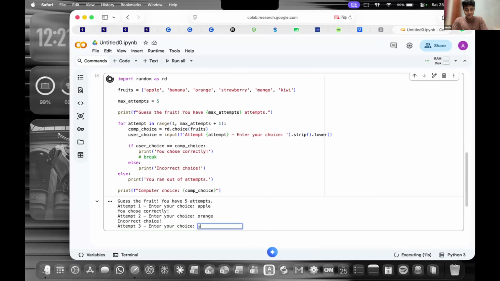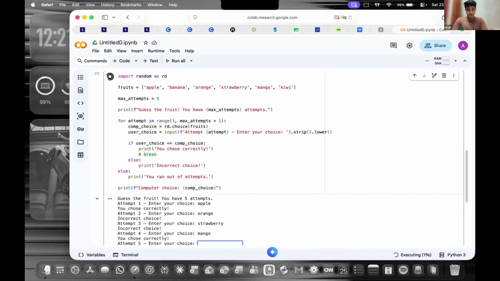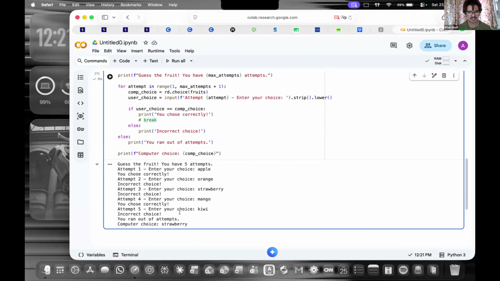Yeah, now it's working. Okay, you chose correct. Great. You chose incorrect; the computer chose strawberry. And then you need to check the condition. That was the reason